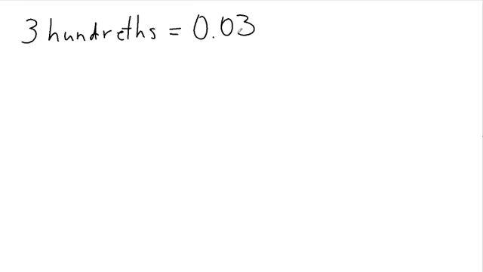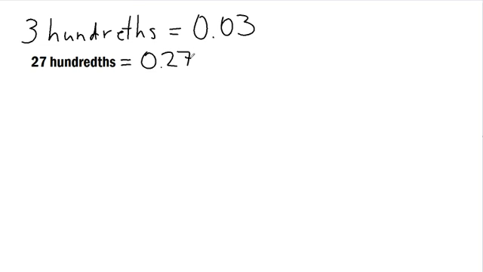Maybe you would be asked to write 27/100ths as a fraction. 27/100ths would be equal to 0 and